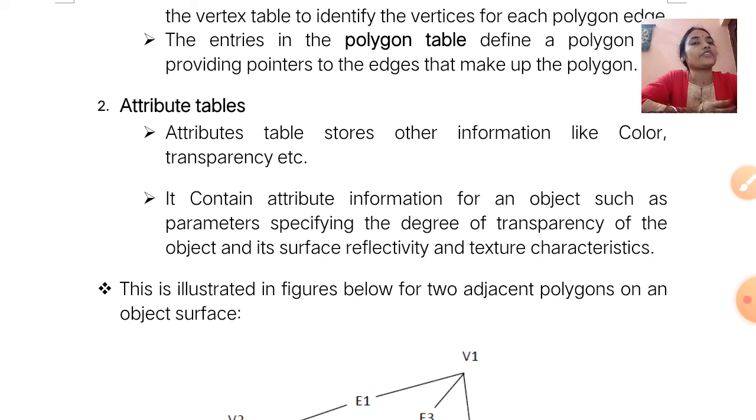That means in the attribute table we can store color, transparency, and surface reflectivity and texture characteristics. All these things are stored in the attribute table, except the vertices, edges and polygon pointers.